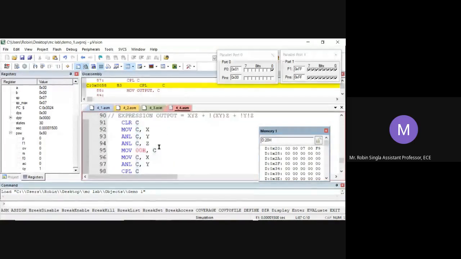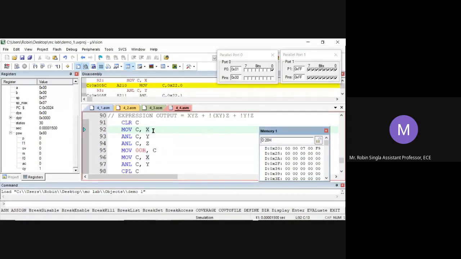Our last one is X plus X into Y into Z plus not X into Y into Z plus Y complement Z complement. So first we'll add X plus Y plus Z. Let's see what we have done here.